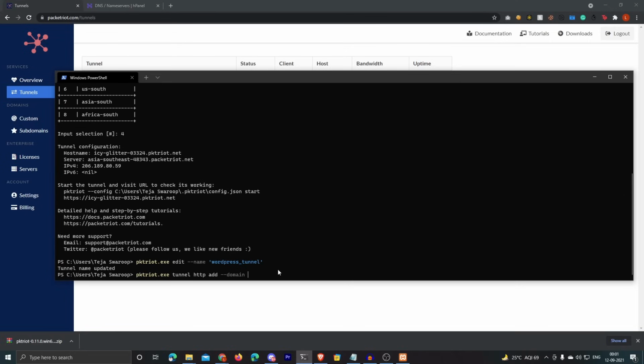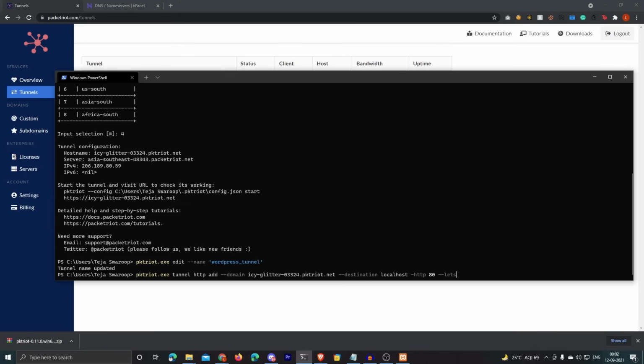So I'll just copy this, I'll paste it here, space --destination localhost, because that's where our WordPress site is running, space --http, and then port 80, because port 80 is where our Apache server is running, and